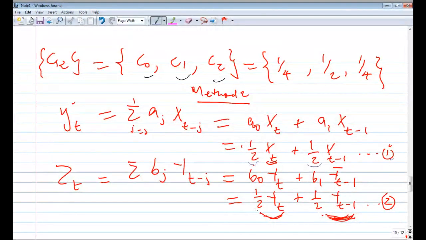We substitute b0 by half, then yt, plus substitute b1 by half, so yt. So therefore we get to equation number 2. So we have equation number 1 and equation number 2. Then the next page,